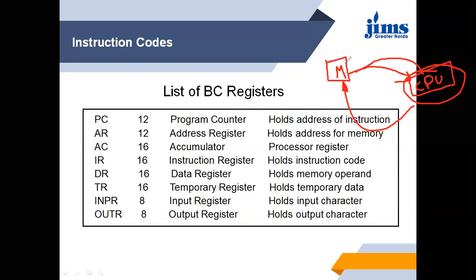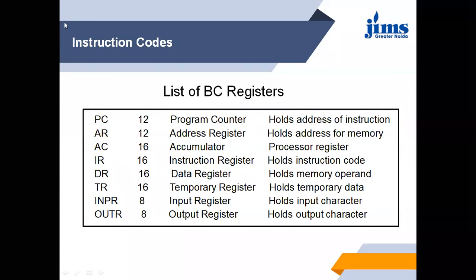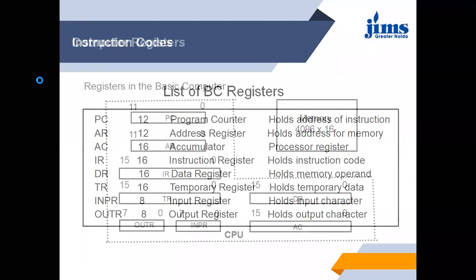What it will do is pick the content from memory to its own registers. These are PC, AR, AC. I will discuss it within a minute. Let me go to the next slide first.